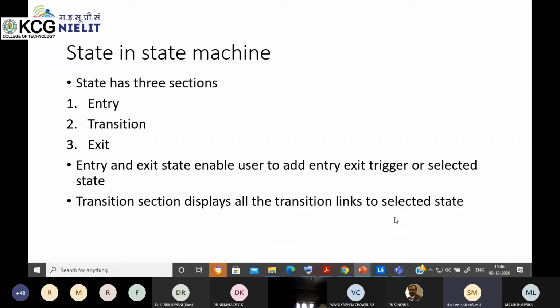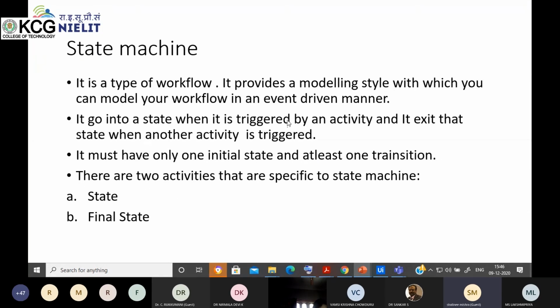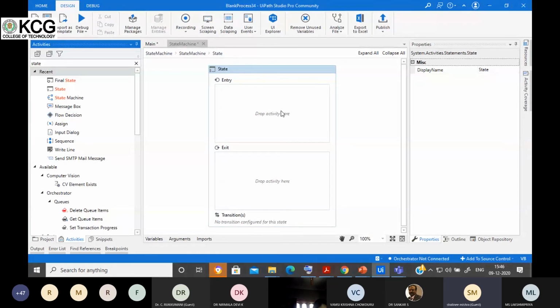At the starting point, I told you that it is a type of workflow which provides a modeling style with which you can model your workflow in an event driven manner. So how will execution go? Whenever execution starts, it will first go to this entry section. Without going to the exit section, it will directly jump to the transitions, and check the condition and trigger there.